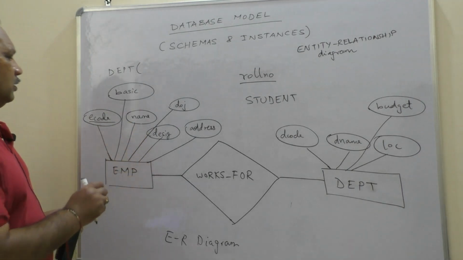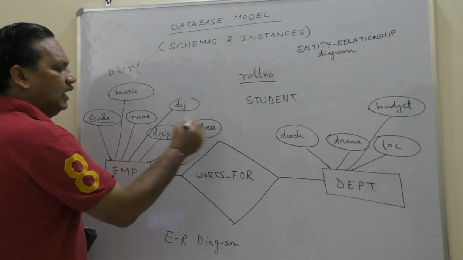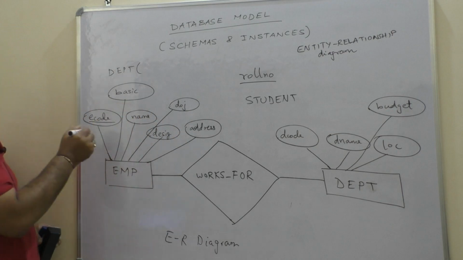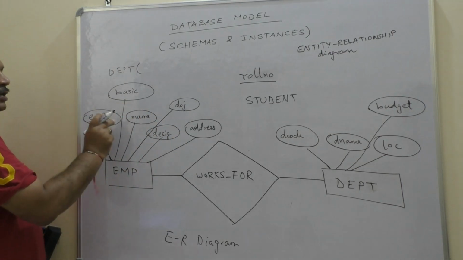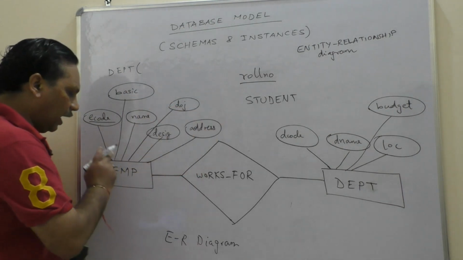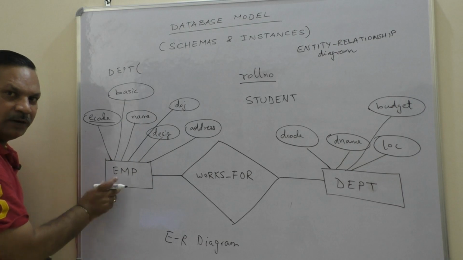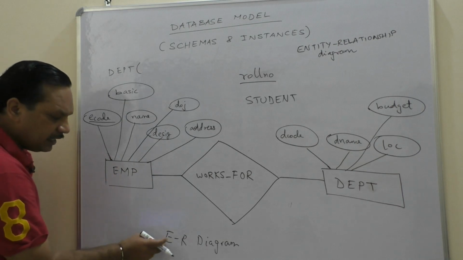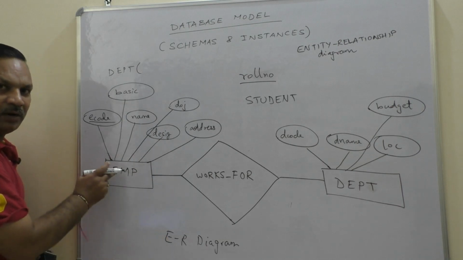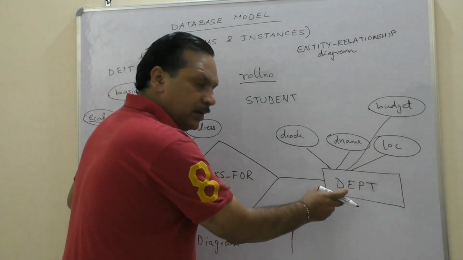Are you getting it? So these are called what? These are symbols of what? Ellipses, circle, ellipses. So these ellipses, and in the ellipses, we put what? The name of the attribute. And the square, this rectangle symbol is for entity. So the entity is represented by the symbol, what? Rectangle. This also is an entity, department code.